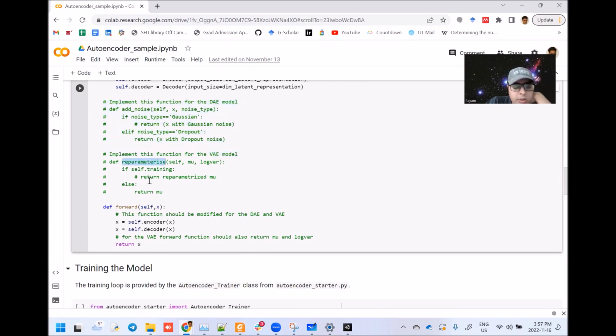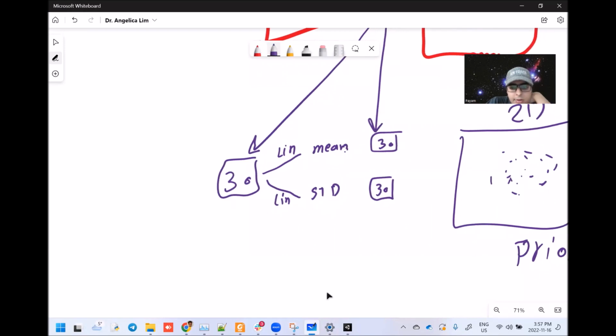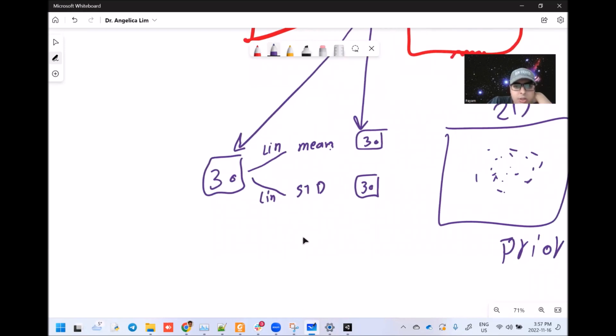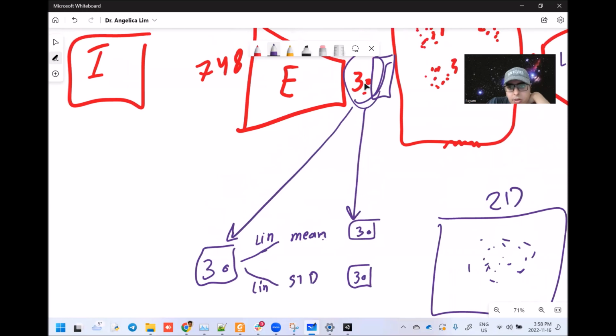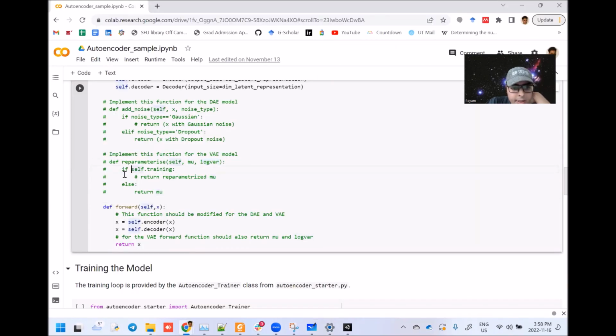We call it the reparametrization function, and it gets the mu and log var. Mu is the mean, and the log var is related to the standard deviation. So you need to actually add two linear layers to predict the mean and standard deviation from the encoder output. Yeah, it gets the mu and log var, and then during the training we add noise to it